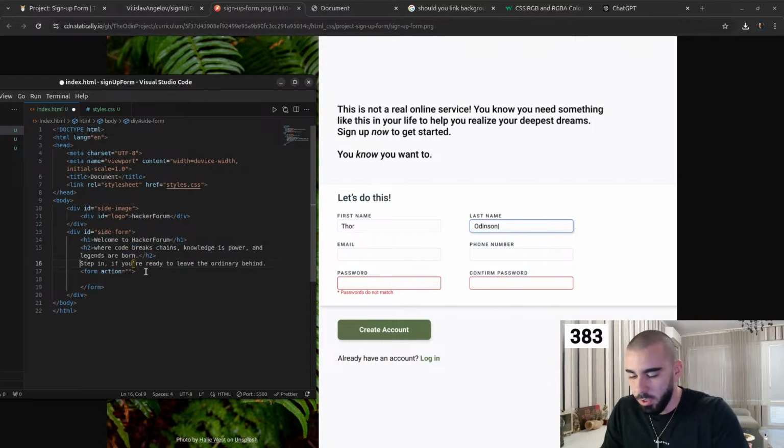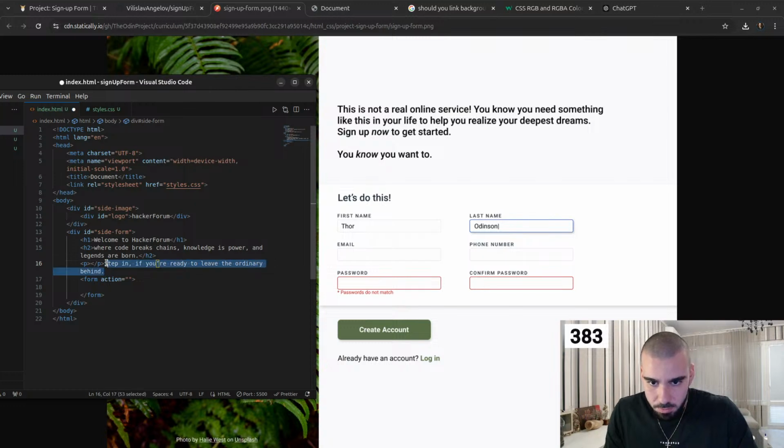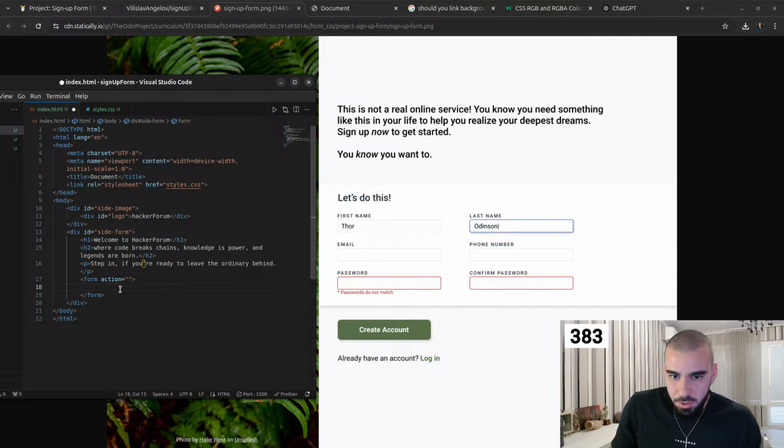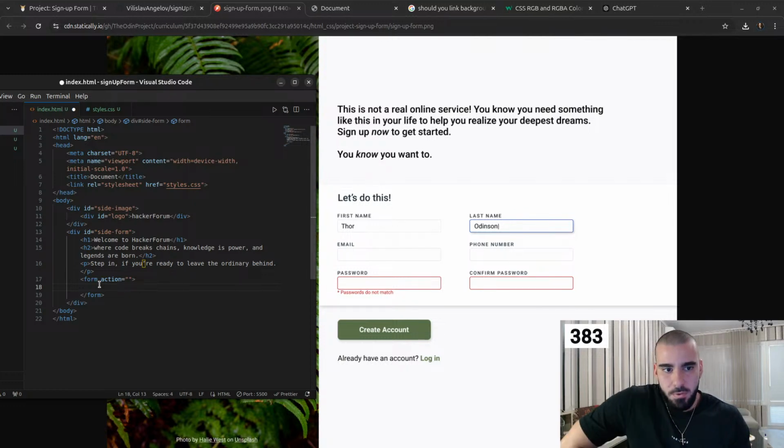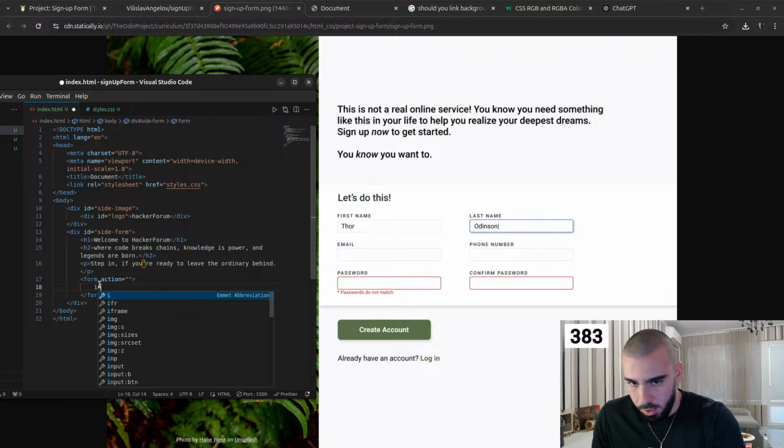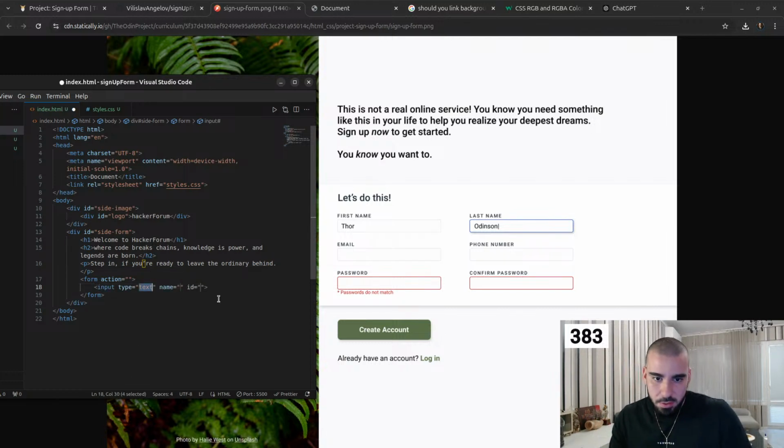And the last one will be like a P tag. Alright, so we're done with the heading of it, and then we'll do the form. The form action will not do anything for now. I see they have a title, but this is probably on top of the form. We'll add that in later. For now, let's just add an input with a type of text, and name will be